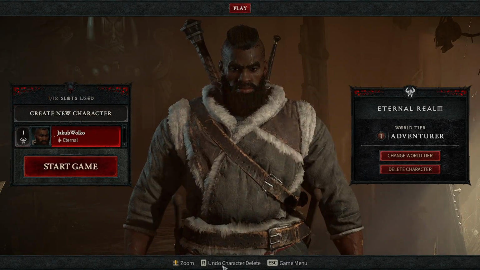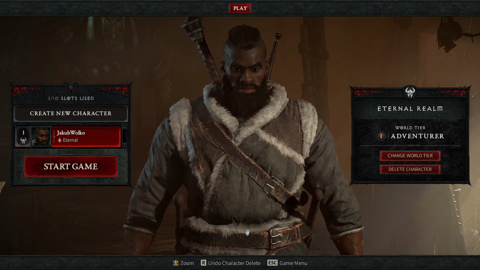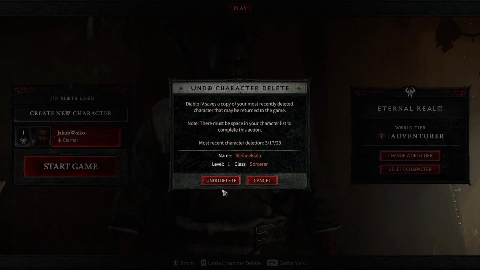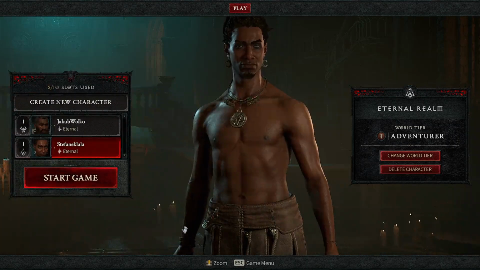And right here at the bottom we can see undo character delete, and we need to press on R and then undo delete. And that's it for this